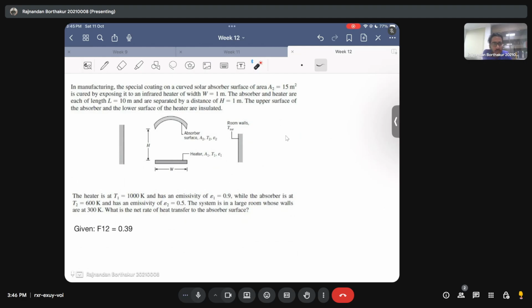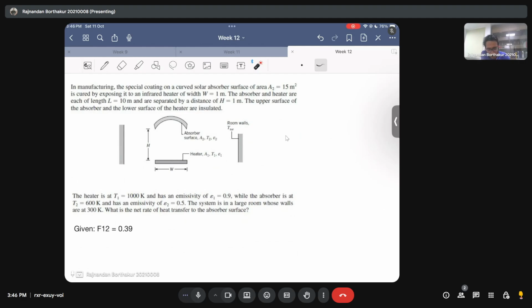So let's first try to, very slowly, understand this problem, what the problem is actually asking us to solve for, and then we will formally begin the solution. Keeping in mind that now we will be using the radiation network analysis to get to the final answer. Okay, so as you can see, it says that in manufacturing, the special coating on a curved solar absorber